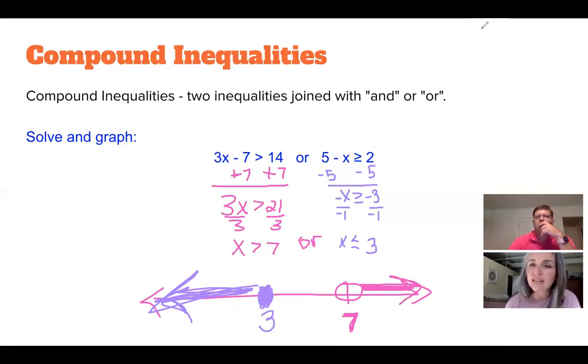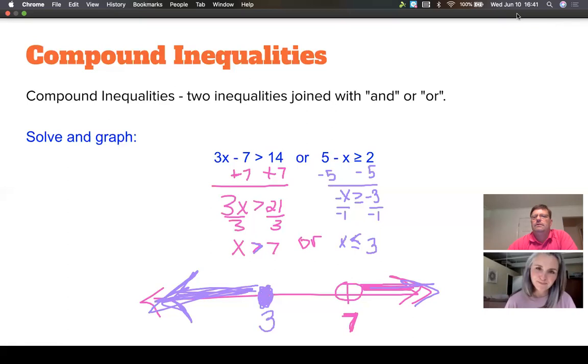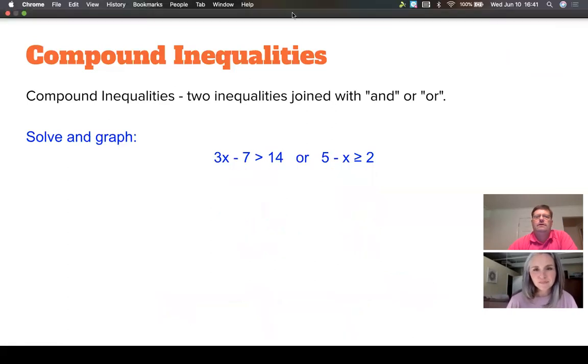And it's not abnormal to see this on the ACT. One of the things they might do on the ACT is shade between the numbers instead of making them go away from each other. So notice that if it's greater than 7, it's pointing to the right. And if it's less than 7, it's pointing to the left. The arrows on your graph will match the arrows in the inequalities. Yeah. So moving on,